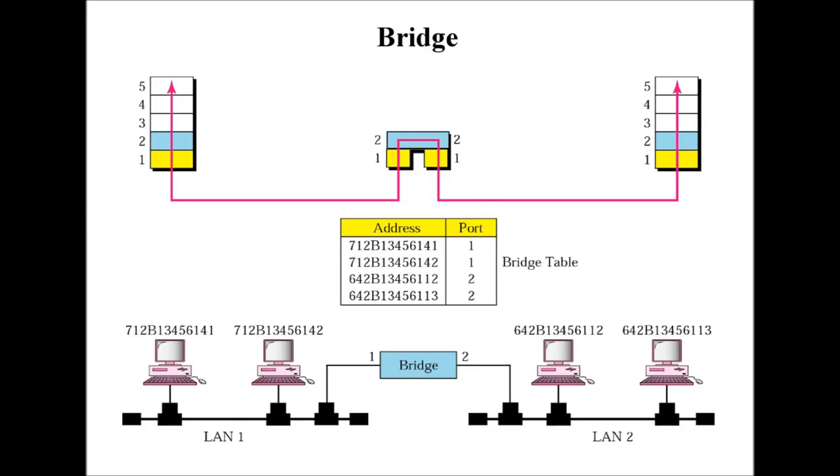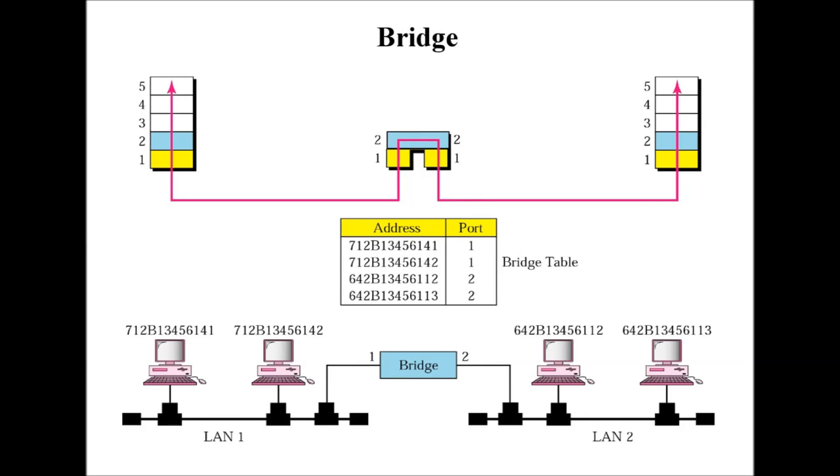These are MAC addresses in the form of hexadecimal numbers, and on the right side you can also see two devices connected to the local area network, and you can also see the MAC addresses of these two devices. And these two local area networks are joined with the help of a centralized device which is called a bridge. So here, to join these two similar local area networks, we may use the internetworking device, which is a bridge.